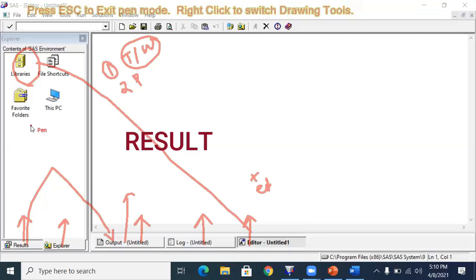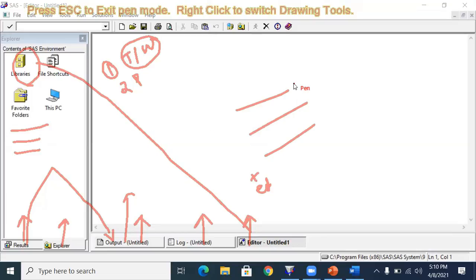But in the result window, you can see each and everything in a well organized form. If you have generated 2-3 data sets, all the data sets will be there in the result window one by one. So whichever you want, you can click and take it. So we can say it is an index to the output window.